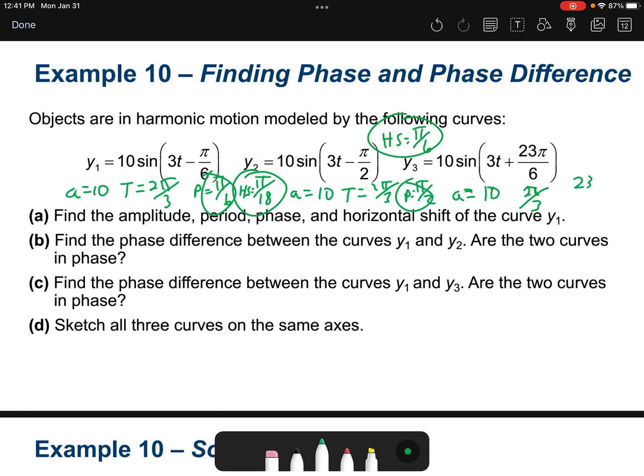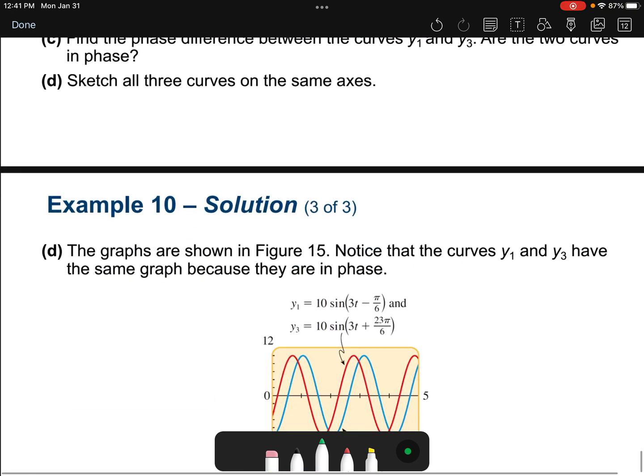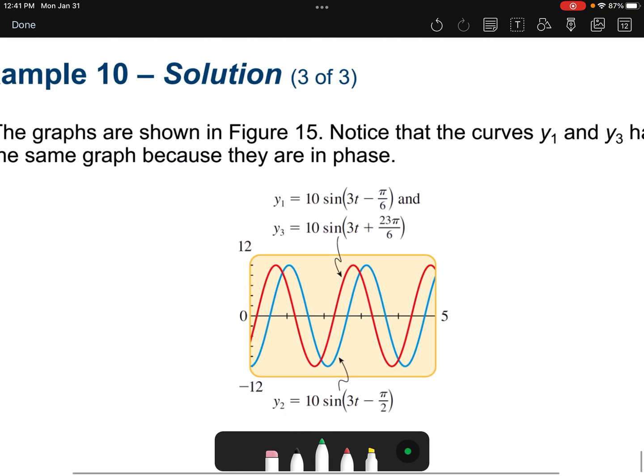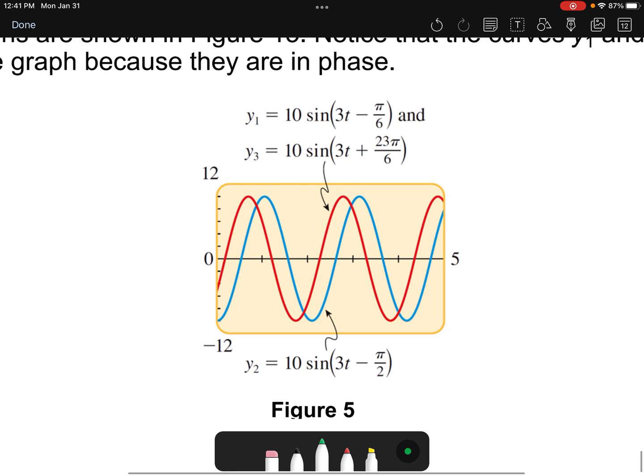But now we factor out a 3, it's 23 pi over 18. So if we sketch all the curves on the same axes, it looks like this. And you can see that the periods are all the same, the amplitudes are all the same, but they're just slightly out of phase, just a tad. But you'll note, oh, except for this one,